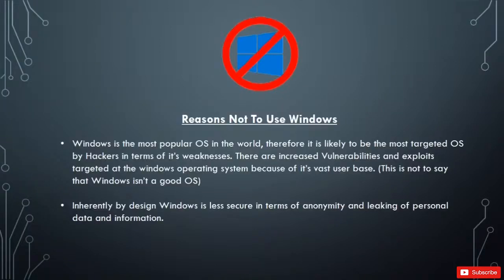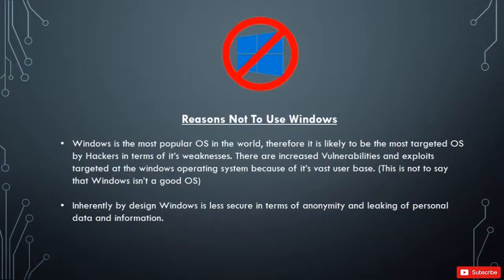but basically because the operating system, as it says here, is the most popular operating system in the world. Therefore, it is likely to be the most targeted operating system by hackers in terms of its weaknesses. So basically, being the most popular operating system in the world, it's no shock that people will target it more in terms of producing malware for the operating system and trying to exploit users. So there are going to be increased vulnerabilities and exploits targeted at the operating system because of its vast user